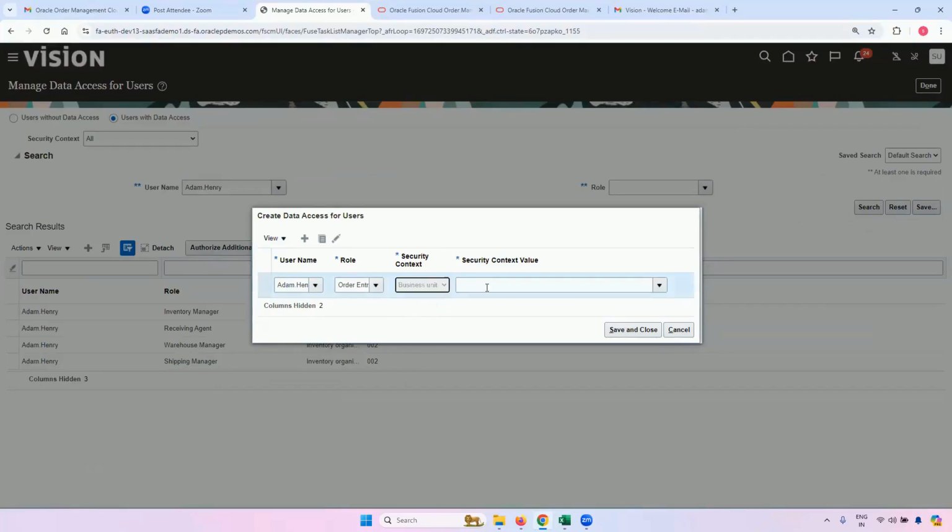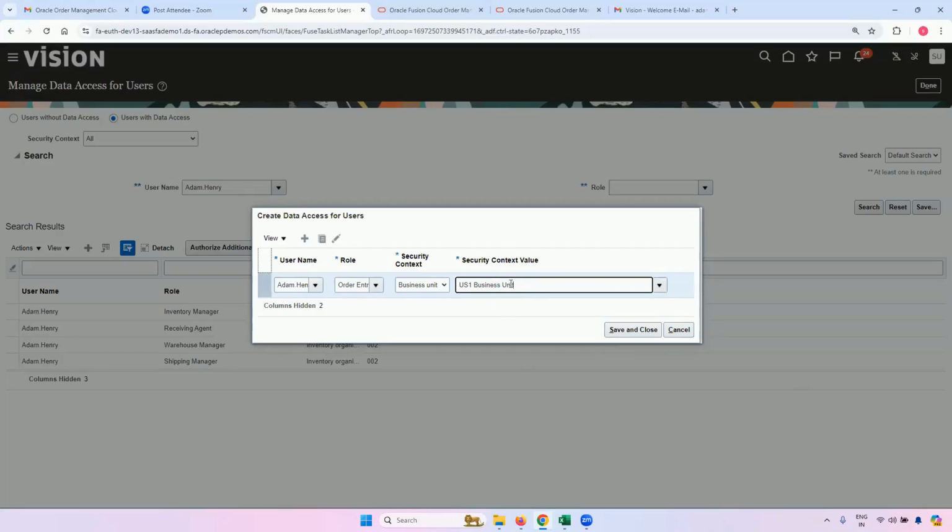Business unit. And I will be using US1 business unit for this demo. So in EBS, you call them operating units. So business units are the ones which do all the functions for a business, right? Like requisitioning, creating a sales order, procurement, invoicing, payment. All these functions are performed by your business unit or operating units.